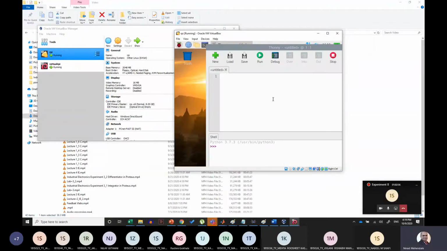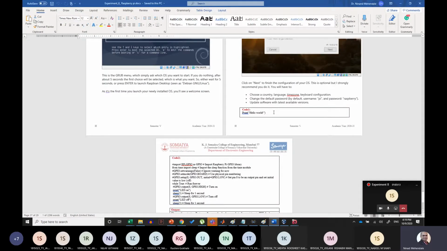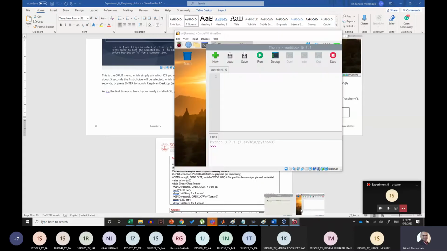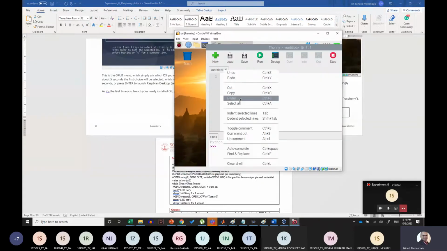Not many things we have to do here. Only two small codes we need to run inside the Raspberry Pi and take a print screen. So the first code is basically to display hello world. It's a single liner. If you go to your write-up and select code one, you can just copy this particular code. Or if you know Python, you can directly type the code in your editor.